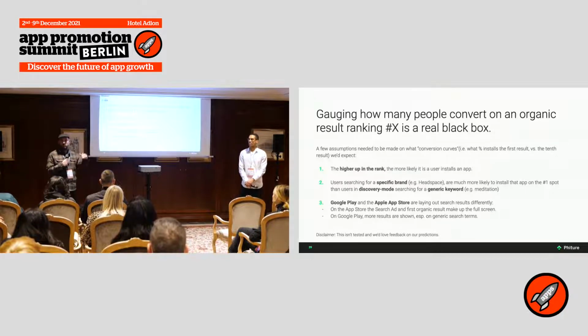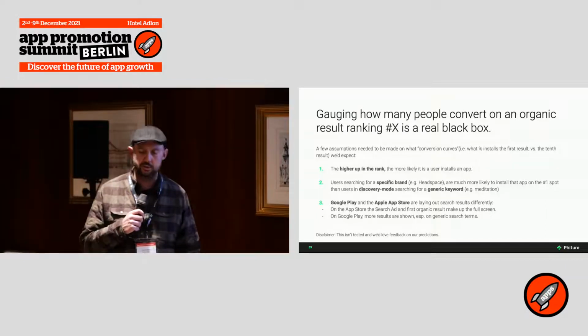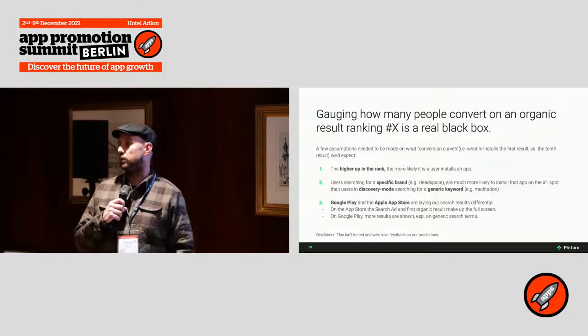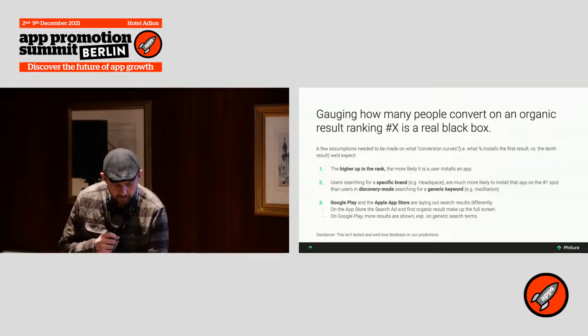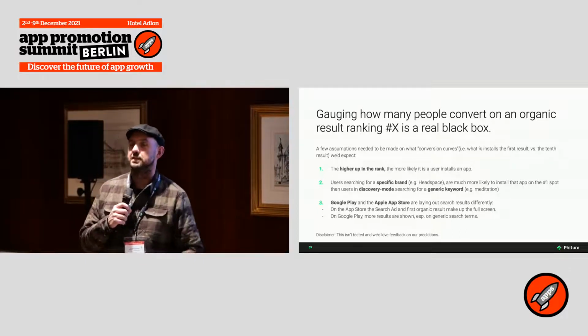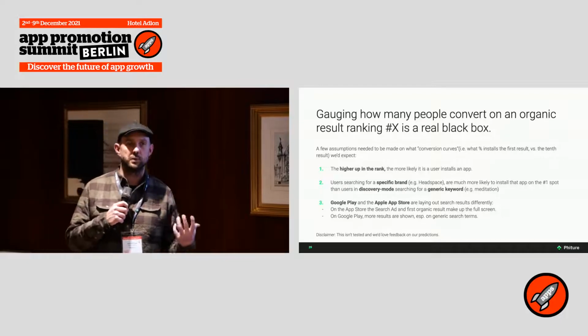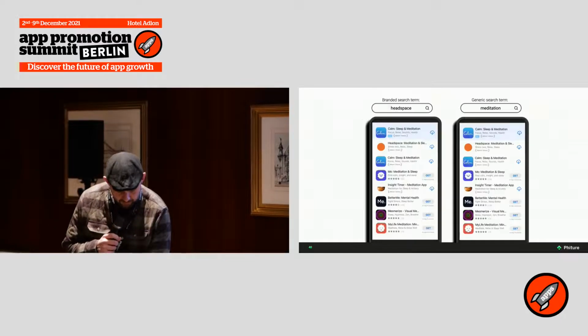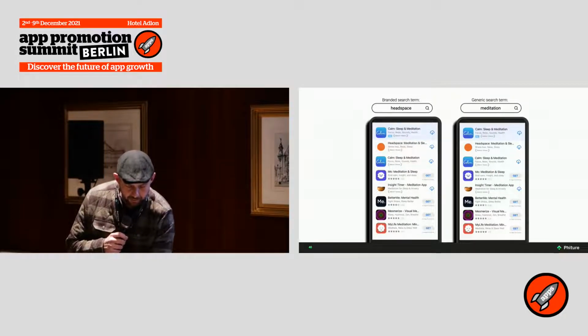On the App Store, you have one big ad and then half of the screen of the first organic search results, whereas on the Google Play Store, you have a lot more displayed from the get-go. Again, this is not tested. These are assumptions that we're making at Feature, so I would also love to hear feedback on what we're presenting here today. But basically, just as an explanation of how we're thinking about that at Feature,